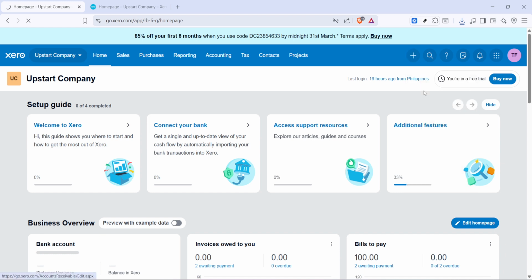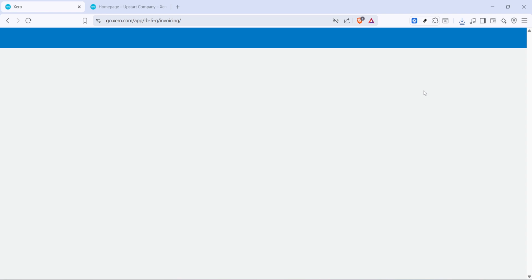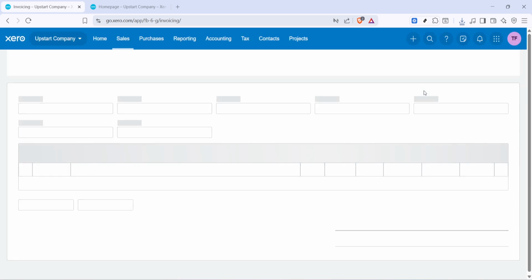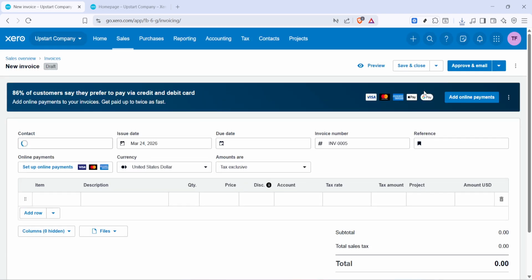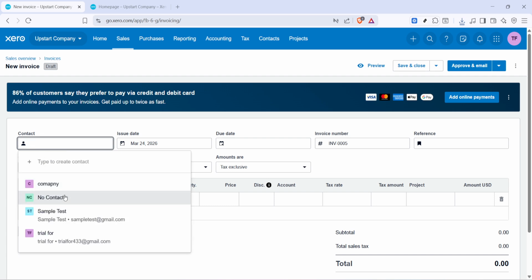This tells Xero you're creating a sales invoice to bill a customer for products or services. Selecting invoice brings up a new invoice page with fields ready to complete. Now choose the customer. In the contact field, start typing the existing customer's name, then select the correct match from